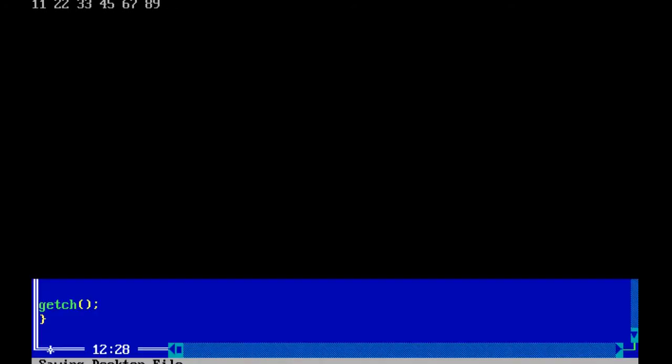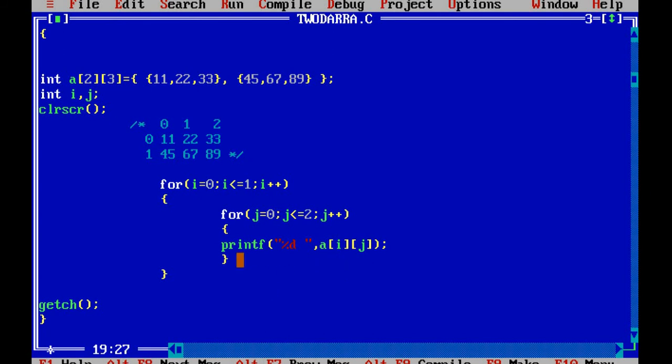But what I want is to print it row wise, meaning 11, 22, 33. These are the values present in the first row. After that 45, 67 and 89, I want to print these values on the next line. So what I will do is, in the printf statement, I will write printf \n so that it will go to the next line.